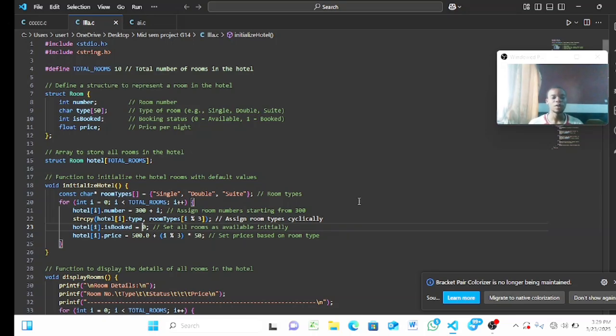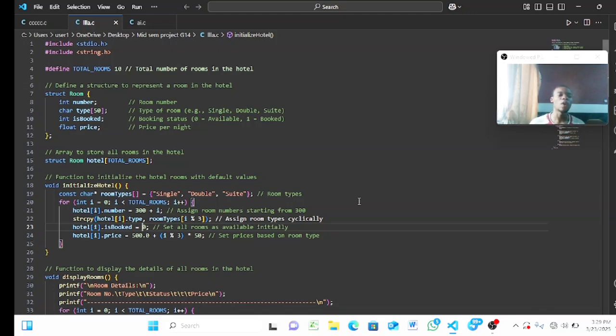Users can book a room, cancel a room, exit if they don't want anymore, and the system makes sure that a room cannot be double booked. Once you've booked the room, one person cannot book the room again. To start the ball rolling, my team and I will take you through all the steps that you need,